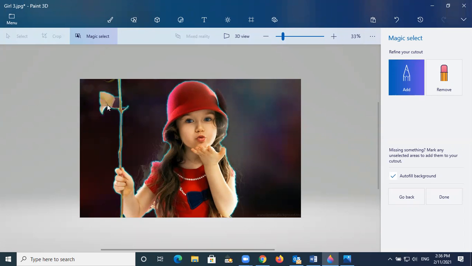Now this is included. But by looking at this one, this part is going to be added also. So we are going to remove this part again now. Later, now I want to add this small leaf also. Now this is added. So now one thing is that I'm going to remove this part now.